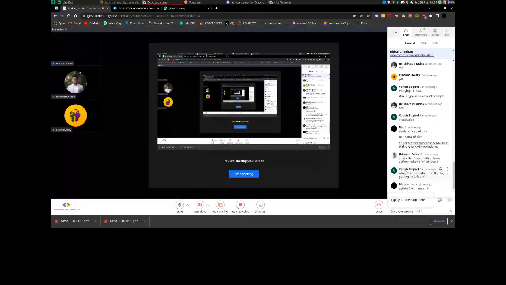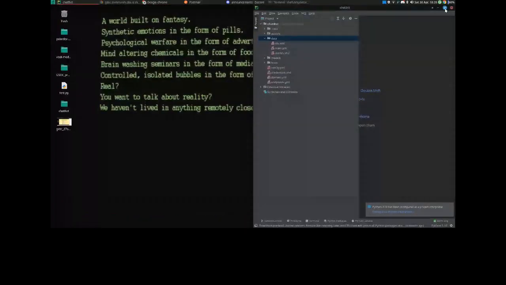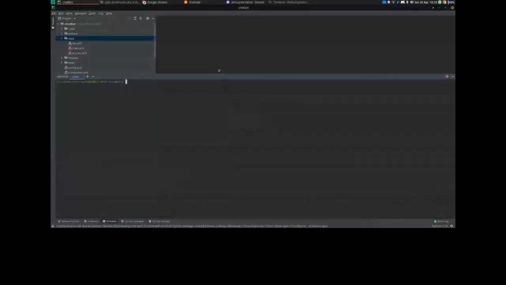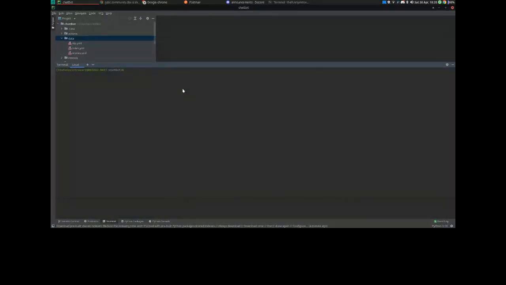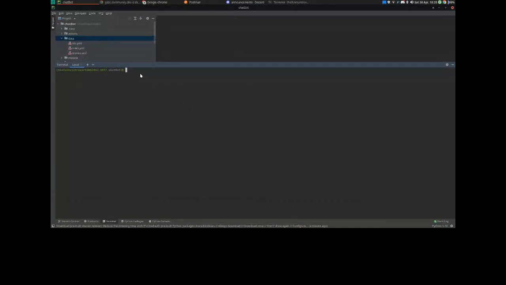So till then, the bot has loaded here, so I will just see how the bot is working right now. I will just say hi and it is telling me okay, hey, hi, how are you. I don't think it is visible that properly. Maybe if I close from here and go here, okay, is it visible now properly? If Rishikesh and Pratik can say. Yes, it's visible.